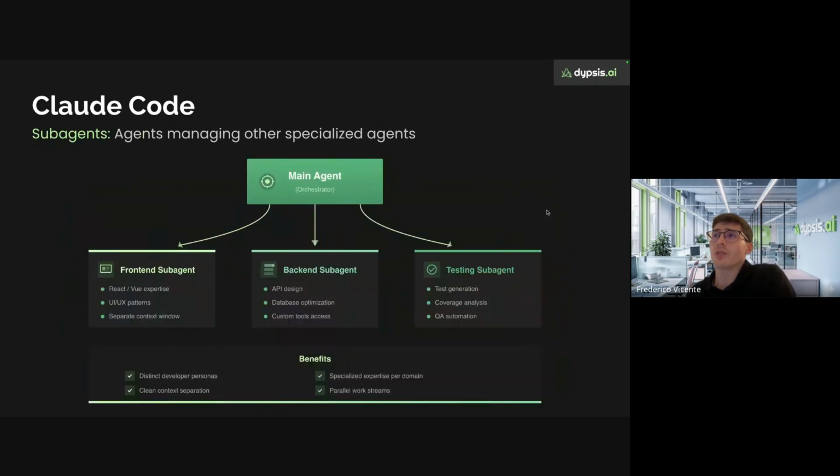Then there is also this feature, which is subagents. Normally it's used to create developer personas. So you can have subagents specialized, for instance, in front-end, back-end or testing. They are built especially for this idea of clean context separation, because normally, when you are interacting with Claude Code, it's a conversation, like in ChatGPT.